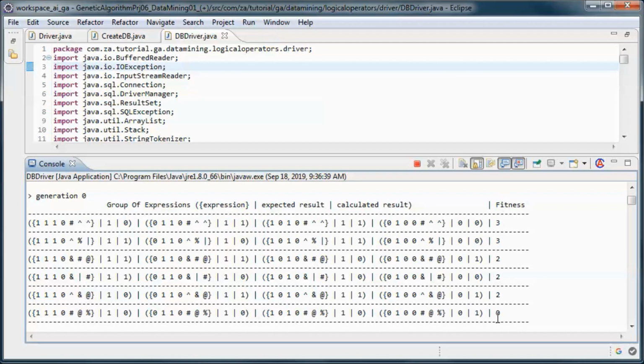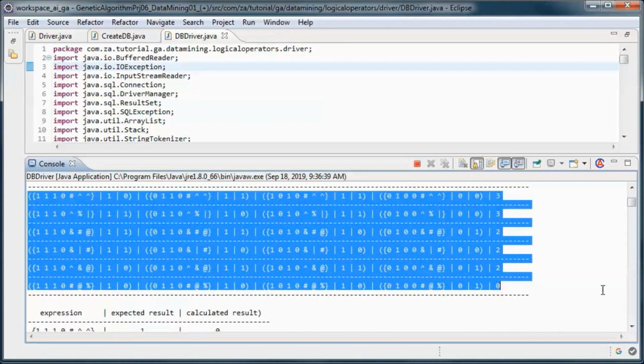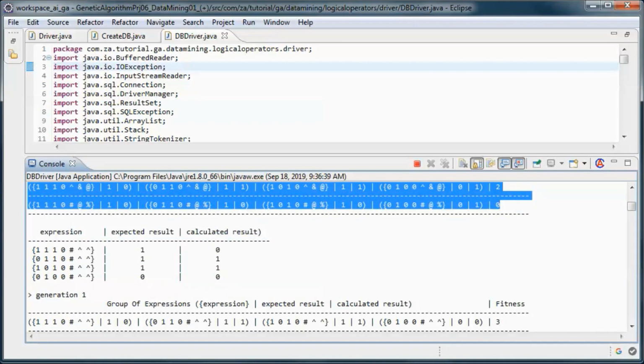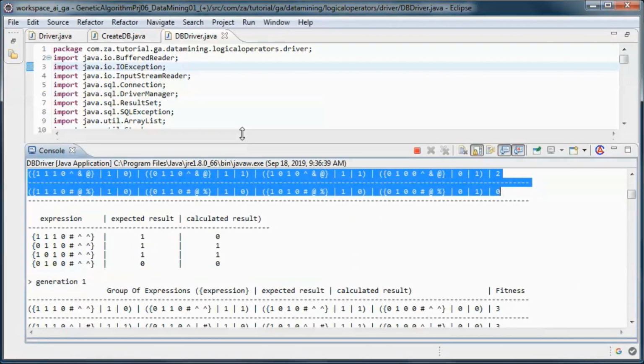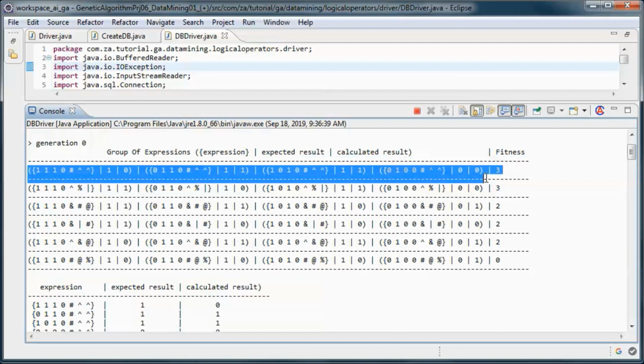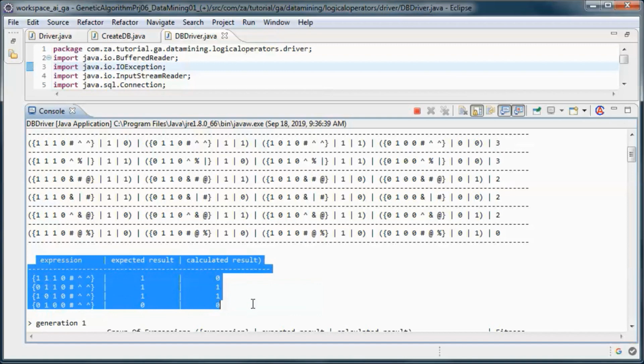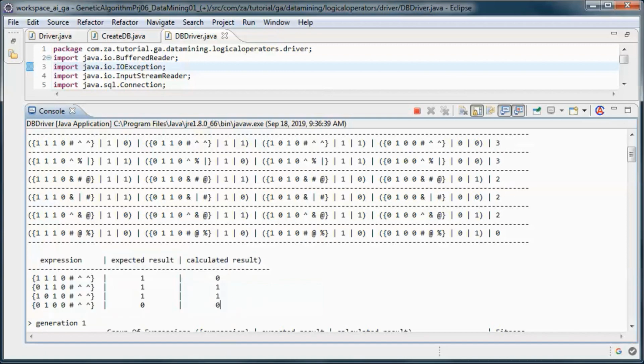And the groups of expressions are sorted by fitness. So this represents this group of expressions in table format. So we can see those two are different here.